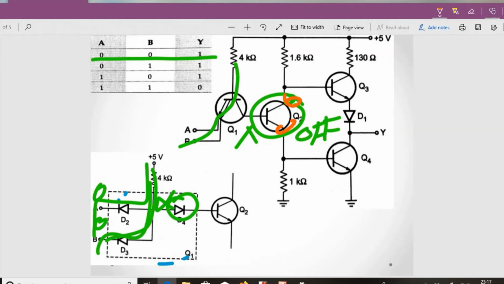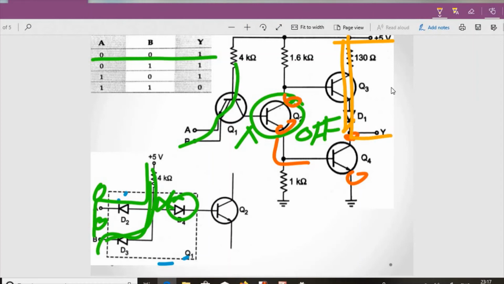This becomes now open circuit. As this becomes open circuit, nothing flows out from here, so this also becomes open circuit. Now as your current will not be able to flow through this, it will get blocked here. So whatever the potential difference is there, the same potential difference will be available here.